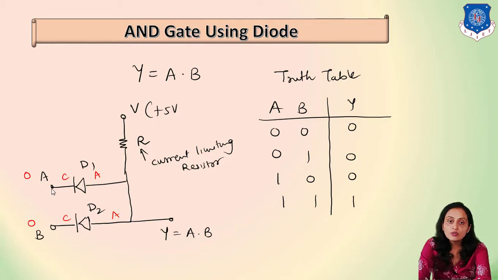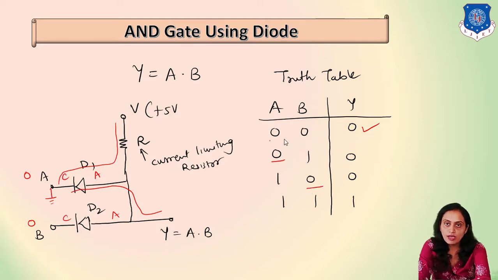How are we applying 0? We are applying 0 with this cathode terminal grounded. We will just ground this cathode terminal. Then what happens? Here also we are grounding this cathode terminal. That is why the current will be flowing through this path, and this output is directly connected to 0. And that is why the output we are having is 0 volt. Now if any of these inputs, that is A or B, is 0, then this is going to happen, and if both the inputs are 0, then again the output will remain 0 only.